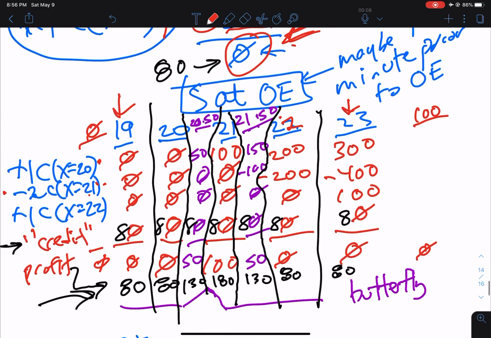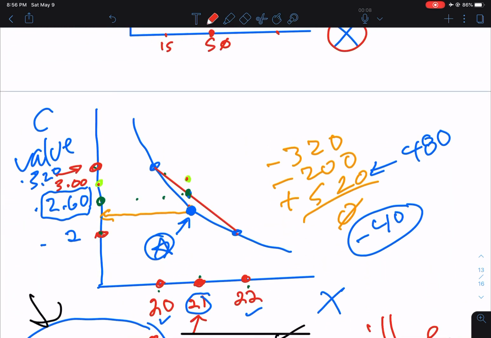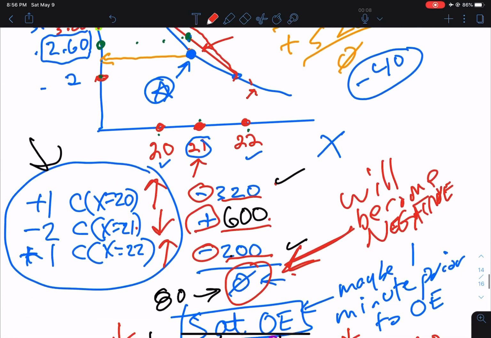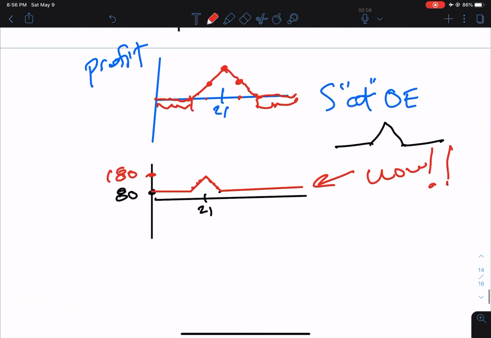And so the way we arbitrage, well, first of all, what we're talking about is this point right here. And that would kind of imply what? Well, I'll put a line like this. That would imply concavity, right? The first red line right here was a linear relationship, right? This right here is a linear relationship. This new line is a concave relationship, and the one that works on the blue line, of course, is the convex relationship. That's the one that we'll see in equilibrium in the real world. But now we've got a situation where it's concavity, and boy, you'd love to see that, because then you can set up something like this where you